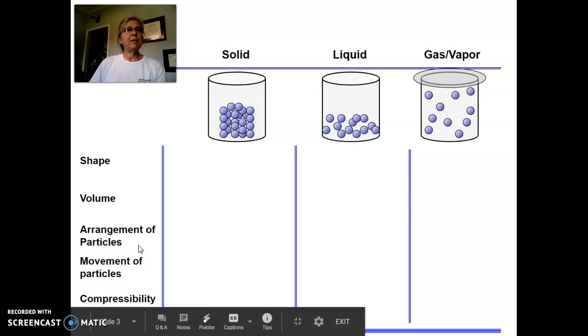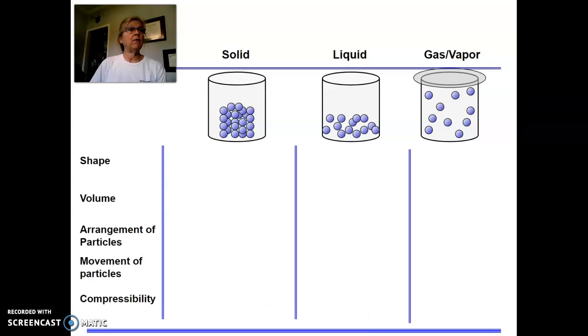For this particular slide, I would like you to get out a sheet of notebook paper and go ahead and draw yourself a 3-column sheet of notebook paper so you can take some notes. If you need to pause this video at this time so that you can record this as properties of solids, liquids, and gases, please go ahead. You will want to draw the pictures at the top as well as the words across the top and the words down the side. When you are done, please click play again so that we can talk about what fits inside each